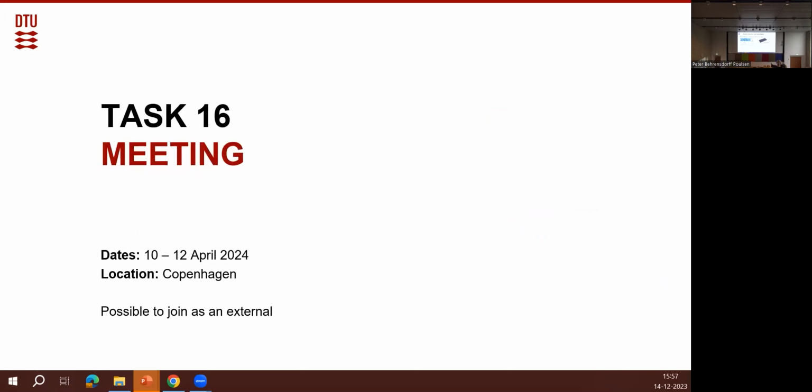We'll also have a task 16 meeting here at Risø, together with one of the wind tasks, coming up in April. Generally the experts participate in it, but when we hold a local event, we'll also invite some of you, if you have a special interest in solar resource assessment, to attend. So you're welcome to reach out and